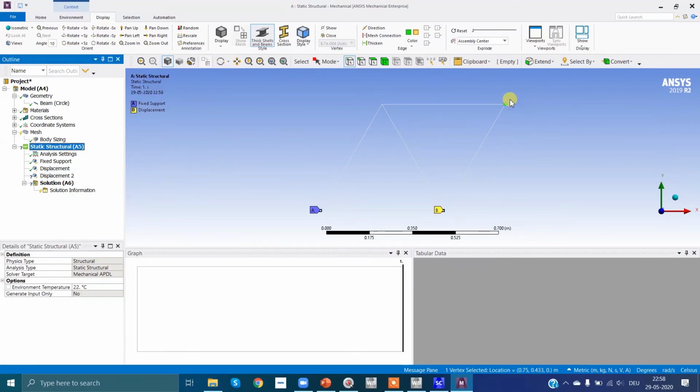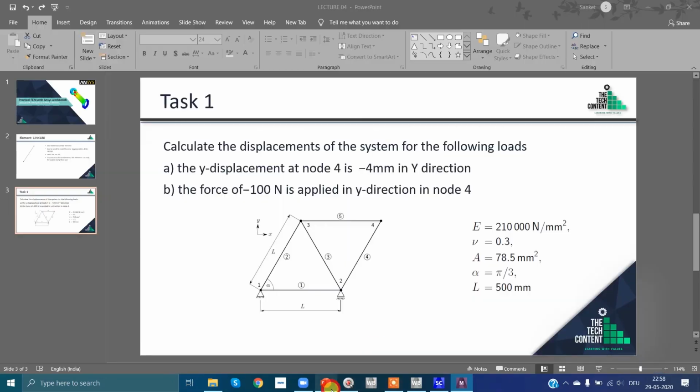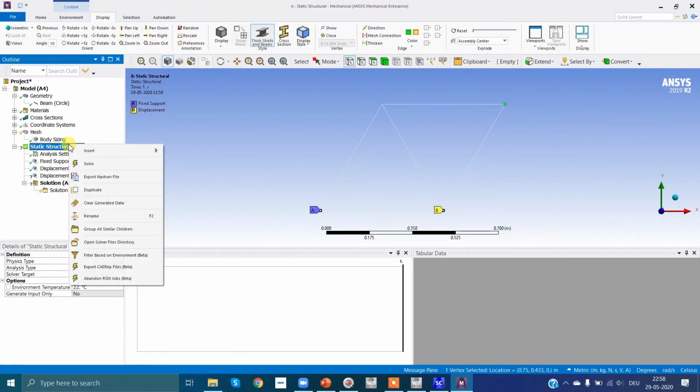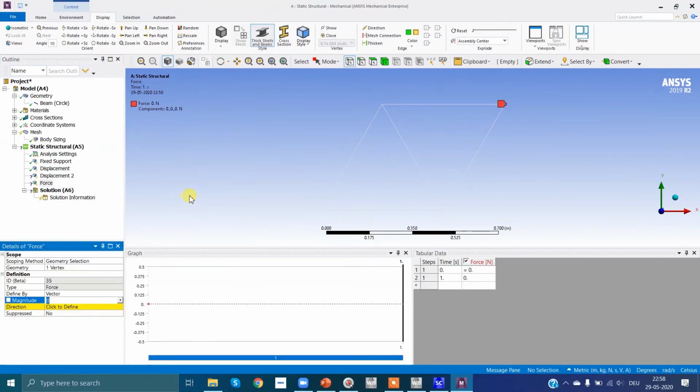Then there is also a force acting downward and it's 100 Newton. So simply click here, insert force, select the point. Yeah, it's already selected. Then select components instead of vector. Components, and this is the y direction.